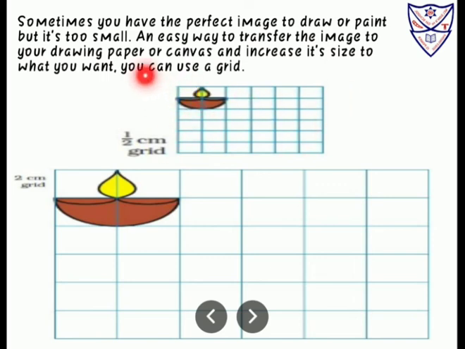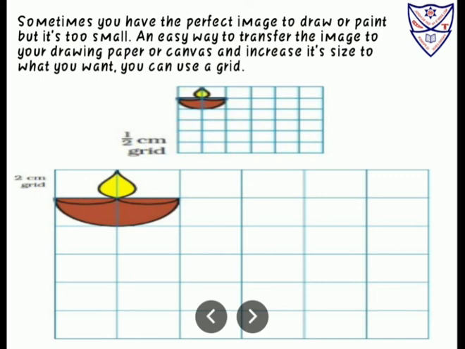Now in the first box, the first square, I will see how much portion is used. In the 2 centimeter grid I have to use the same measurement, meaning the same portion I will put. Now in the second square, that much portion only I will draw here. And in this way in the third one and the fourth one I will draw. Like this, from the half centimeter grid I can make the image on the 2 centimeter grid. This image will be exactly the same, but the difference is this one is small in size and this one is large in size.